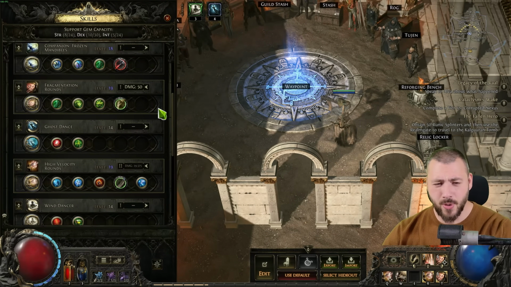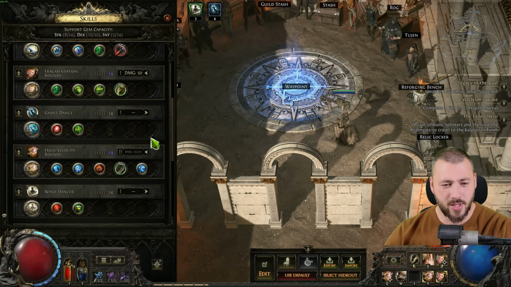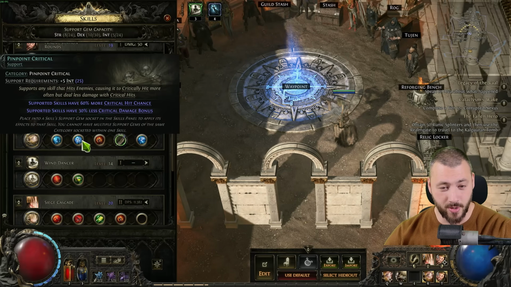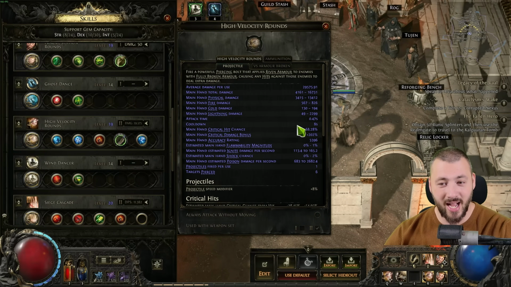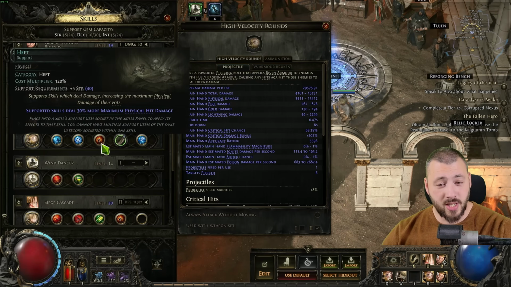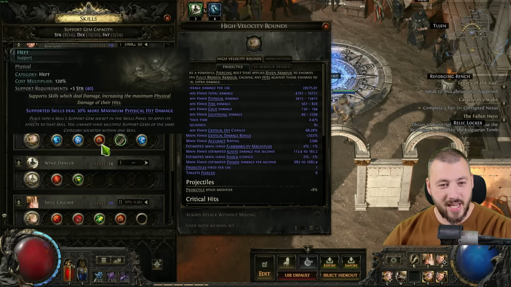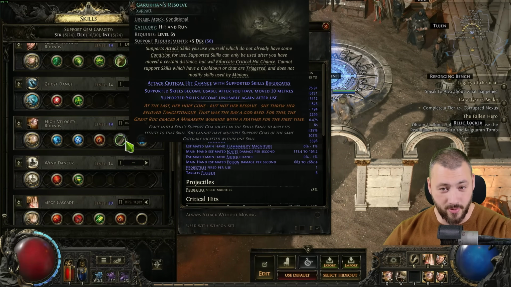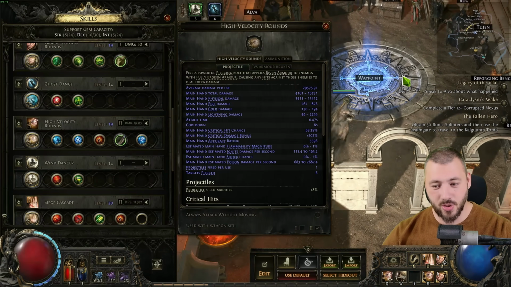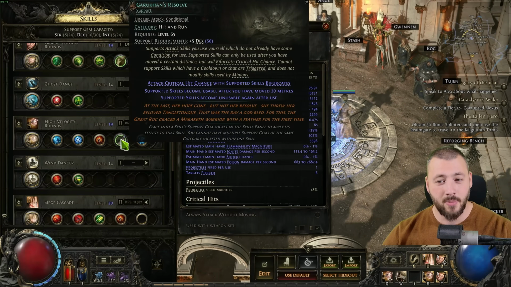Now, in order to have your high velocity rounds deal as much damage as possible, you need inevitable critical together with pinpoint critical, so we can make sure that we have the highest critical strike chance possible. We're also increasing the whole damage it does with Heft, and we're playing Garakan's Resolve. Garakan's Resolve is pretty interesting. You have to actually move 20 meters, so you're able to use the ability, but it's going to have your